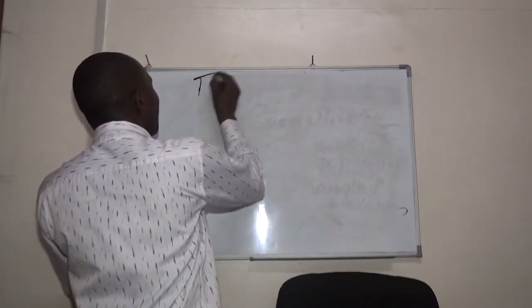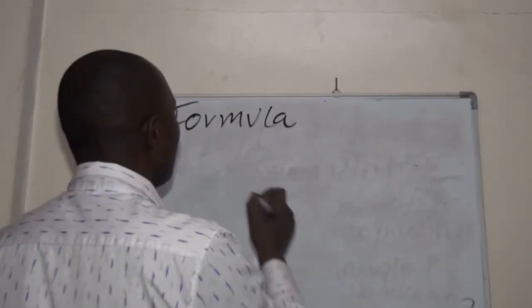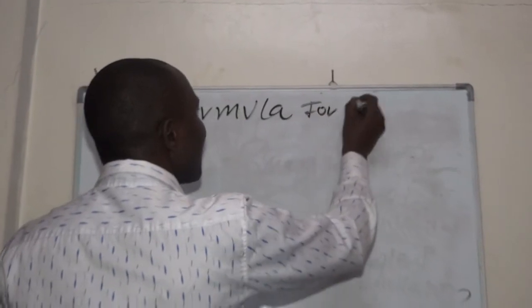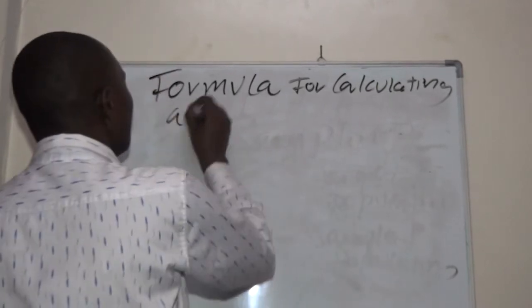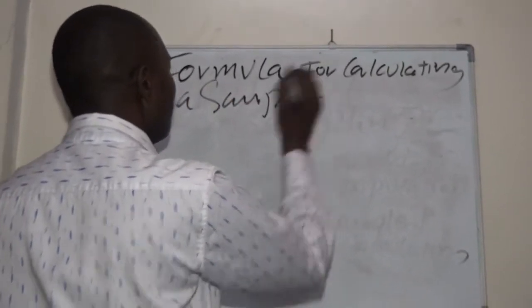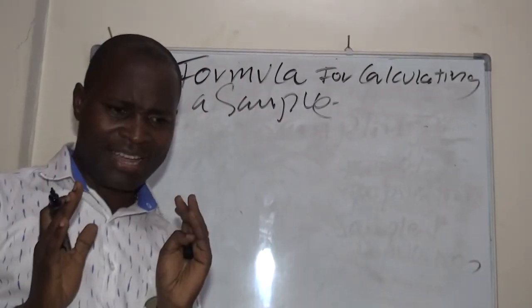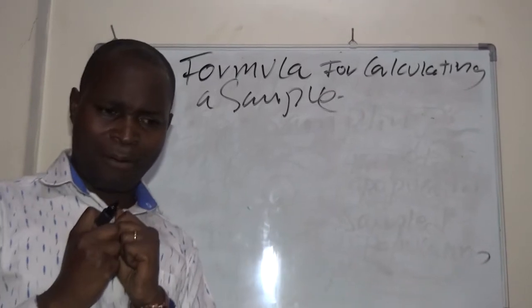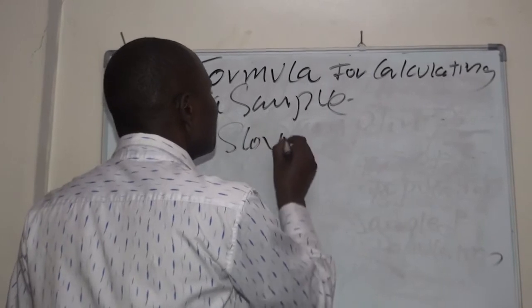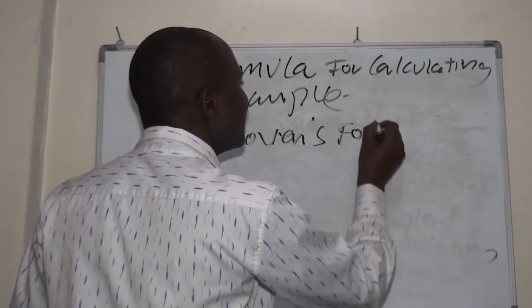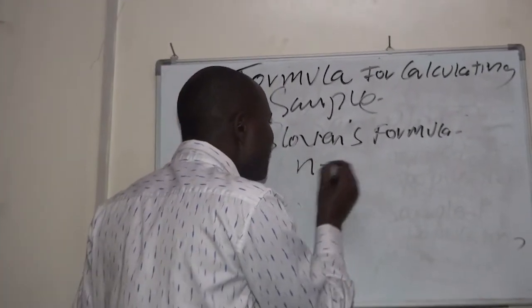A formula for calculating a sample. There are so many formulas, so many ways of getting a sample, but in this case I'm going to use Slovin's formula. From Slovin's formula, to get the smaller sample n,